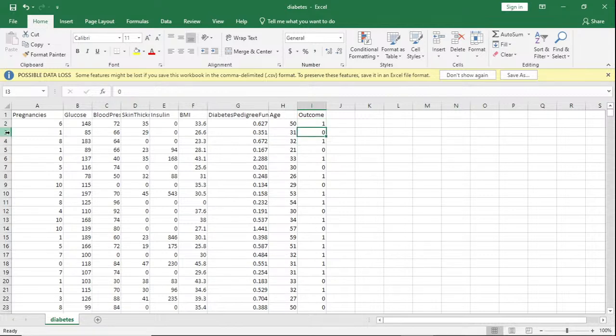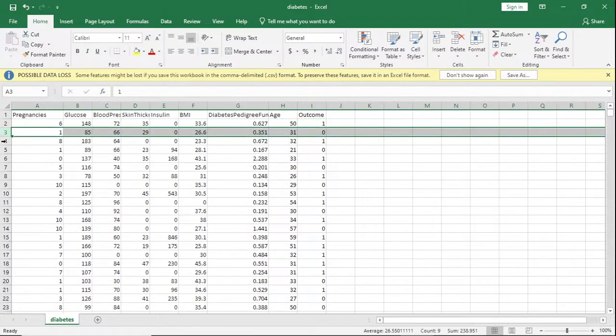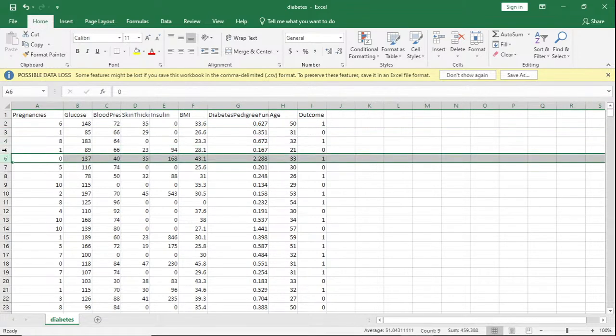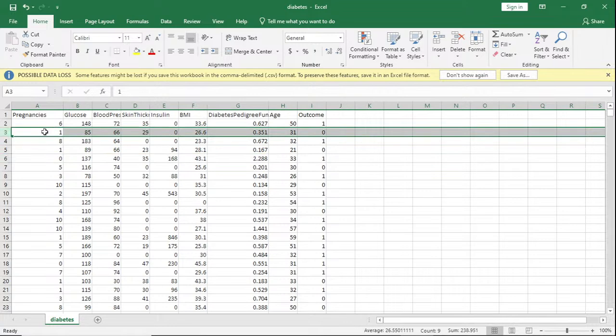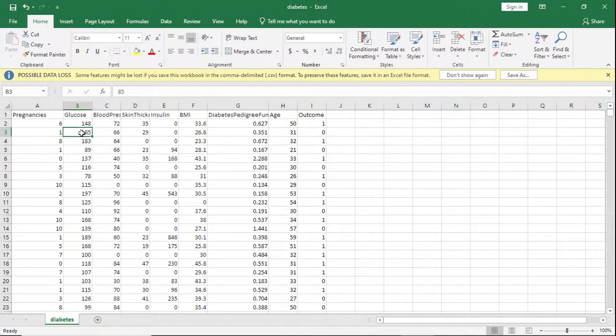The reason behind 1s and 0s is that when you give it to your algorithm, it should be completely in numerical format. You can have yes or no here, but you want to turn it into 1 and 0 in some way. If you have 3 outcomes, then it's 0, 1, 2. Each row is from one patient, with one pregnancy, glucose level 85, blood pressure, skin thickness, BMI, and their respective medical details.